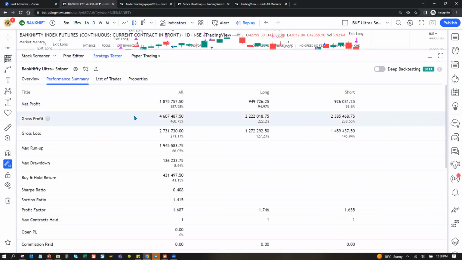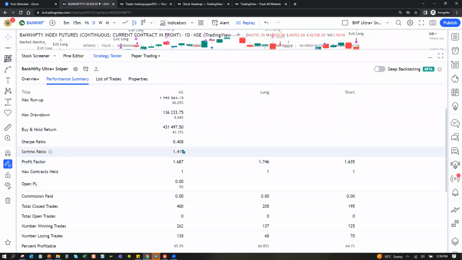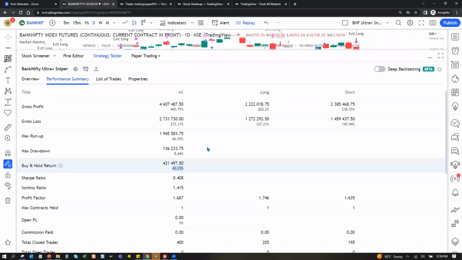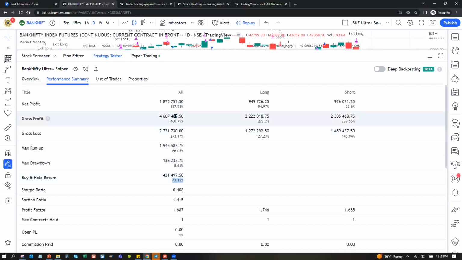And then performance कि how मेरी profitable trades कितनी थी on the long side, कितनी थी, and on the short side how much trades were profitable. If I just held Bank Nifty, for example, मेरे को 5 साल में 43% return आता, for example, right? But if I did this strategy, I had 187%. Of course, we will not do naked, right?